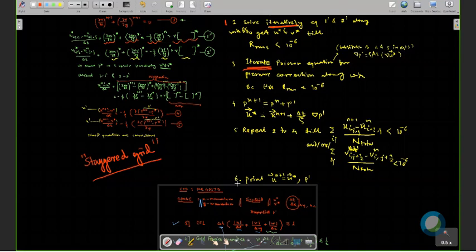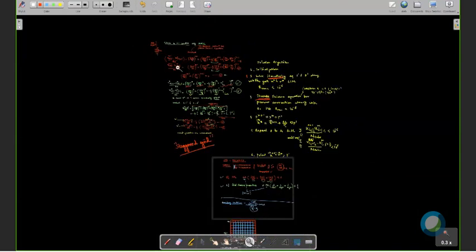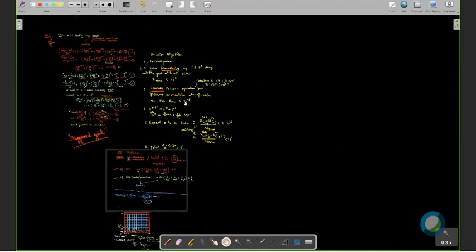So, any problem regarding this? This concludes your solution of the Navier-Stokes equation on a staggered grid using implicit and explicit methods. All the things related to the CFD part of the programming on a staggered grid are shown.